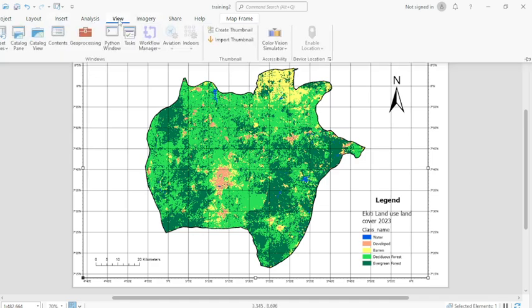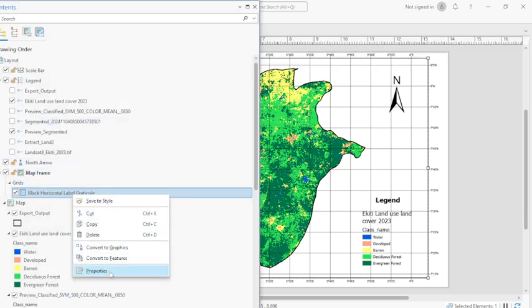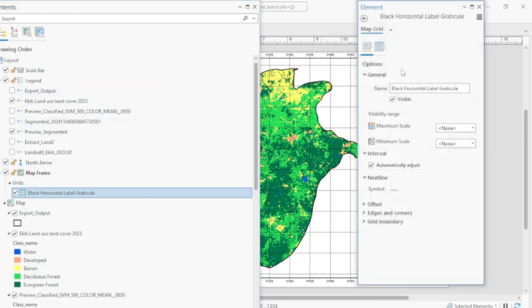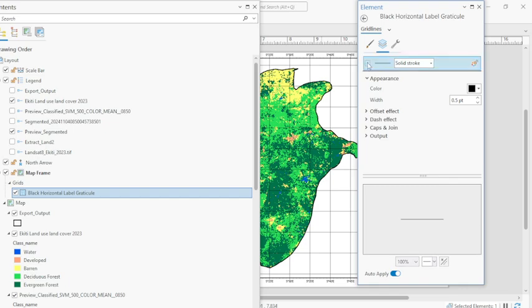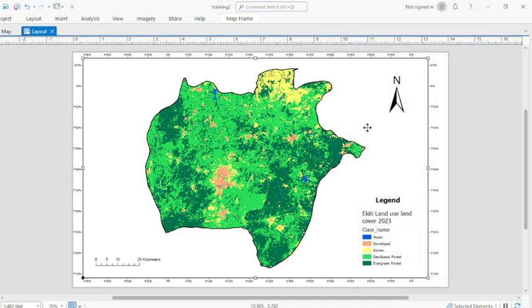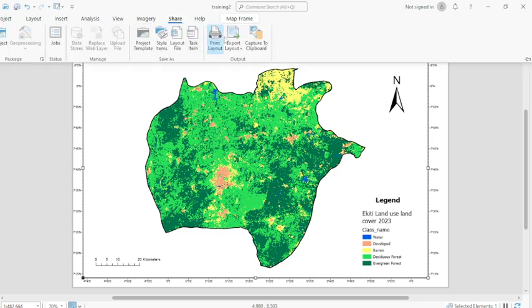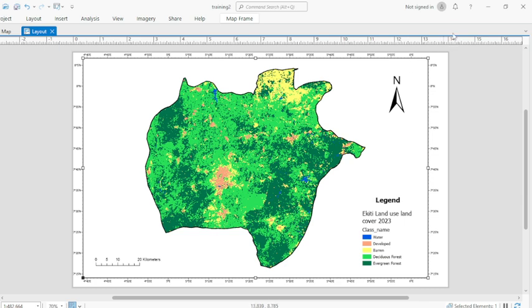Come to view again to look for our table of contents. So right click on the grid line, properties. So let's come to grid lines, then we come to this place, we toggle this off. I don't want to see the lines. So this is the land use, land cover of Ekiti State for 2023. So we can export, if we want to put it, we can export as a JPEG or whatever, but I don't need it for